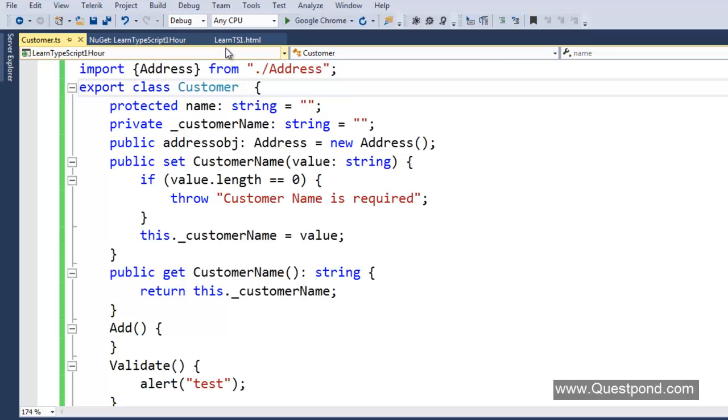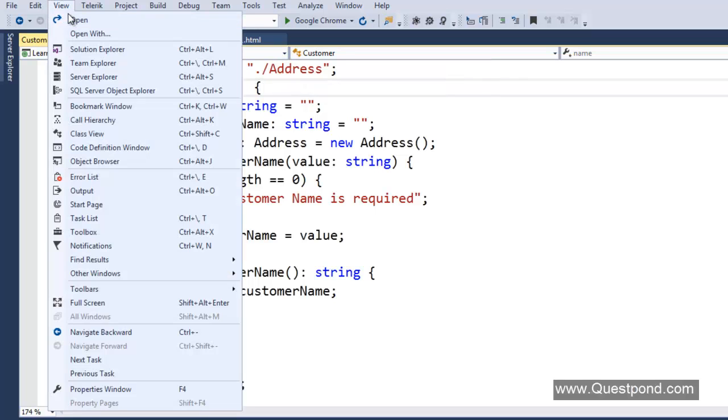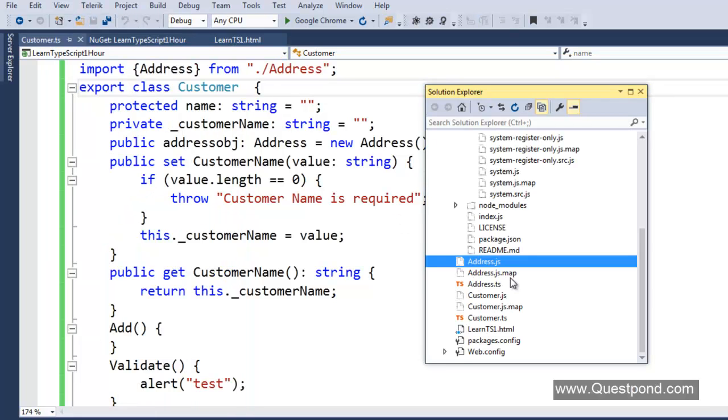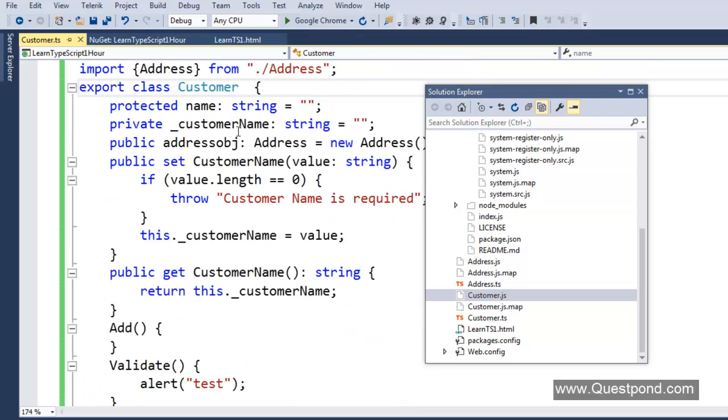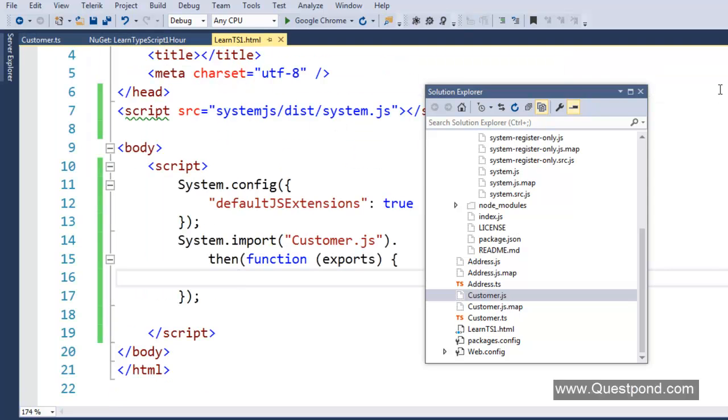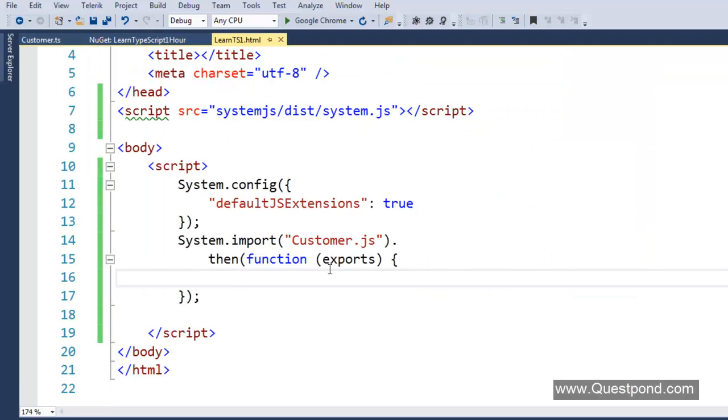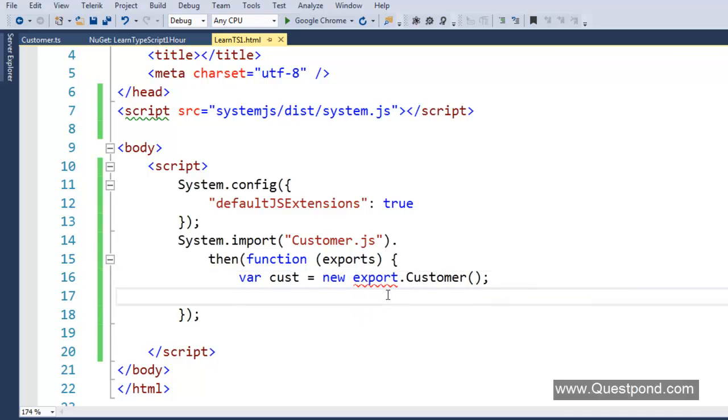So once you put an export, this customer actually belongs to a module. So basically it belongs to the exports object. So if you see here now, it is also a part of the export, right? So what happens here, system.js actually gives out the exports object, and from this exports object I can now say cust is equal to new exports dot customer,